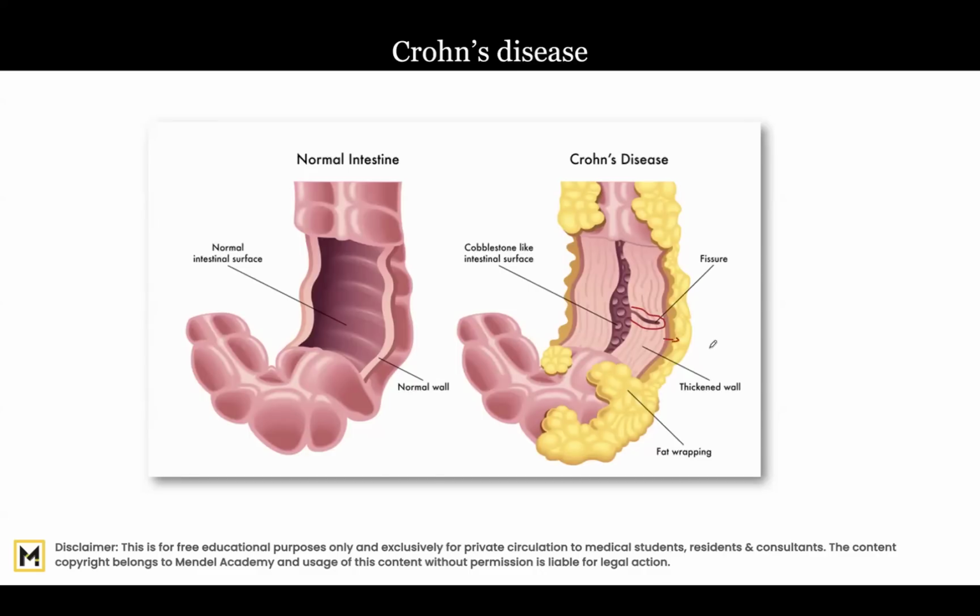So in order to help the natural process of healing that our body provides, the fat wraps around these fissured areas. So that kind of gives a band-aid kind of